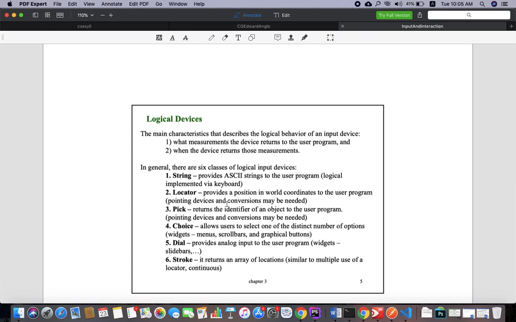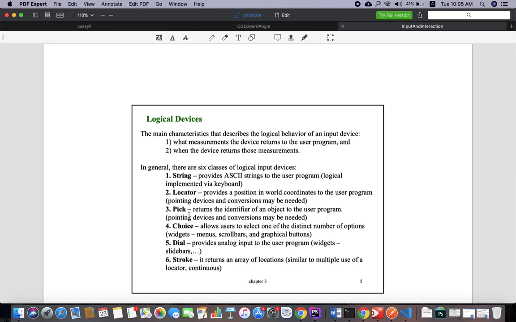So the pointing devices are a mouse, which gives you the position of the cursor where you have to click, and that will be a locator. When you have a particular game, like Counter-Strike, when you move the mouse, the view also moves. That is the position, where we have to move it to on the location, and that will be provided, and that is what we call a locator.